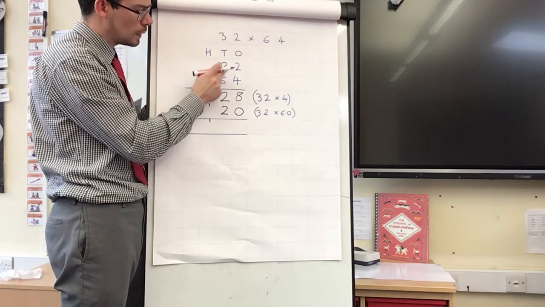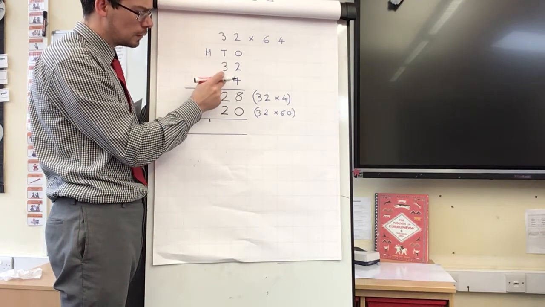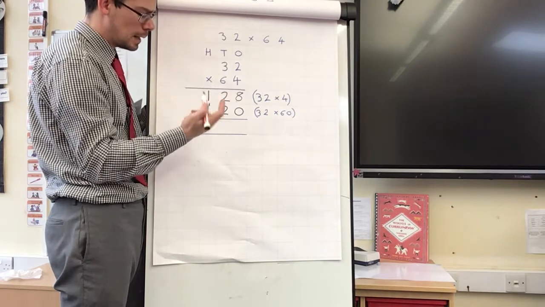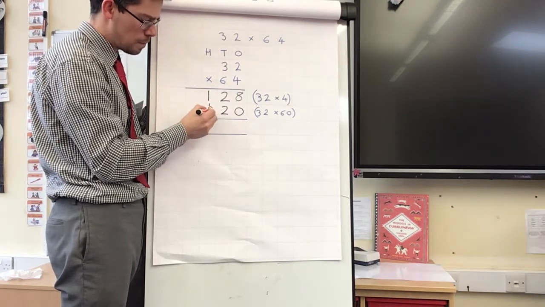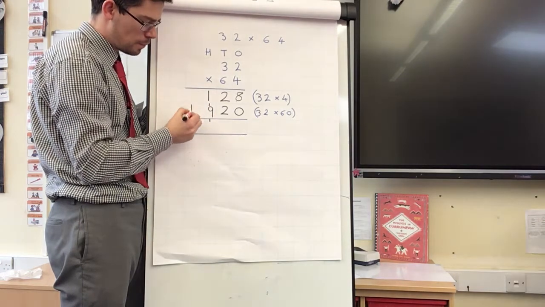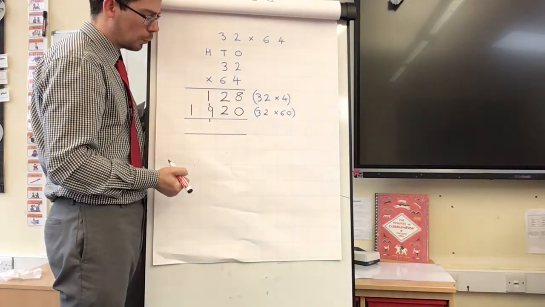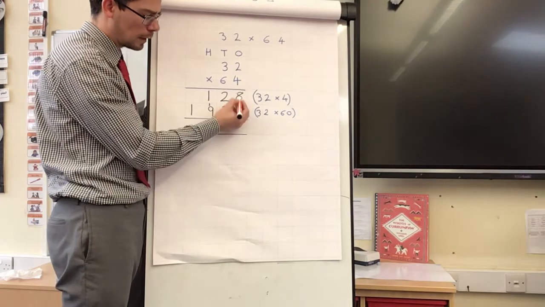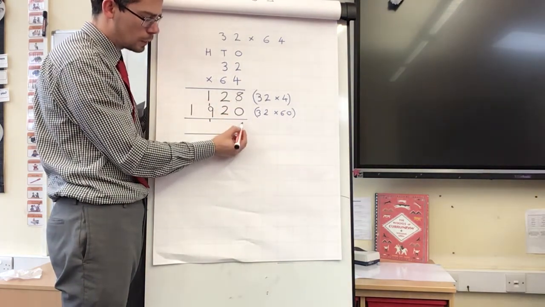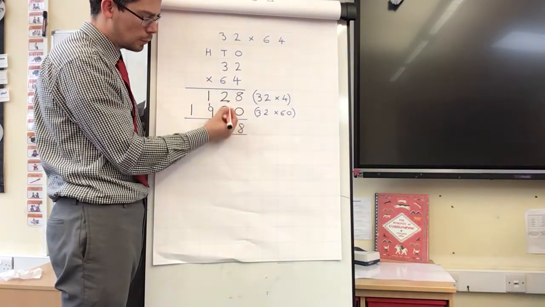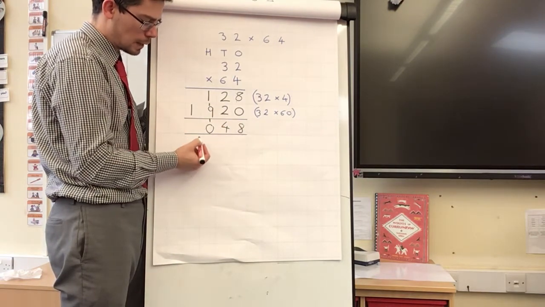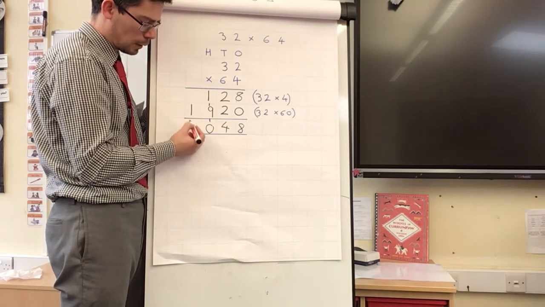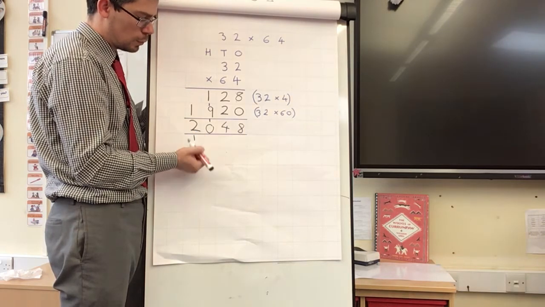Lovely, then I've got 60 times 30. 6 times 3 is 18. I'm going to add 1 more, 19. And I end up with 1,920. I add up my 2 rows, 8 add 0 is 8, 2 add 2 is 4, 1 add 9 is 10, and 1 add 1 is 2,